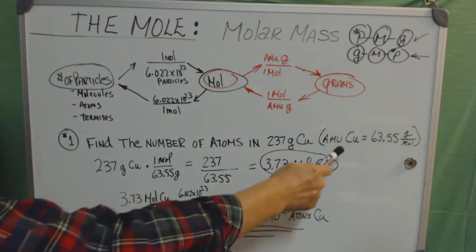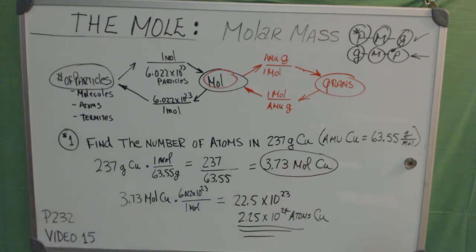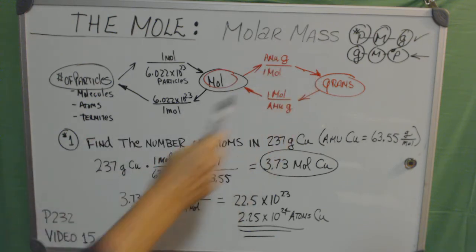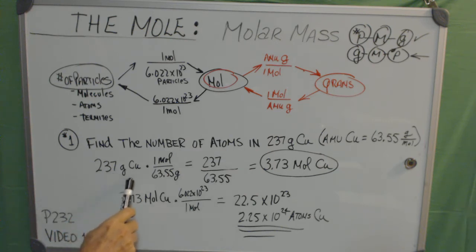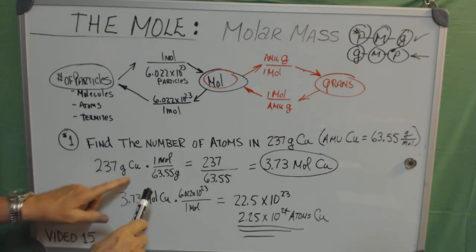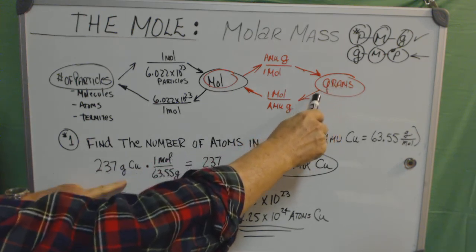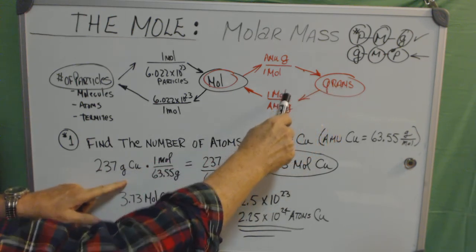And again, they give us the atomic mass of copper as 63.55 grams per mole. And we're going to need that in our conversion factor. Okay, here's our conversion factor. So I start off with grams, 237 grams of copper, and I'm going to convert it. I'm coming from grams this way, so I'm going to have moles over